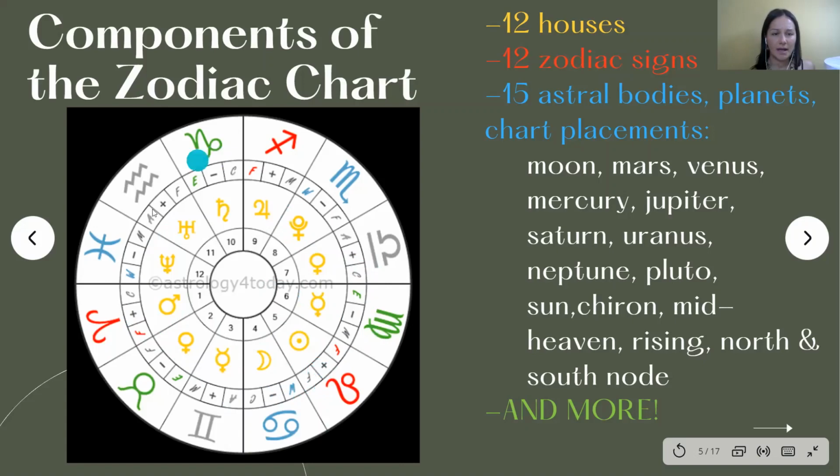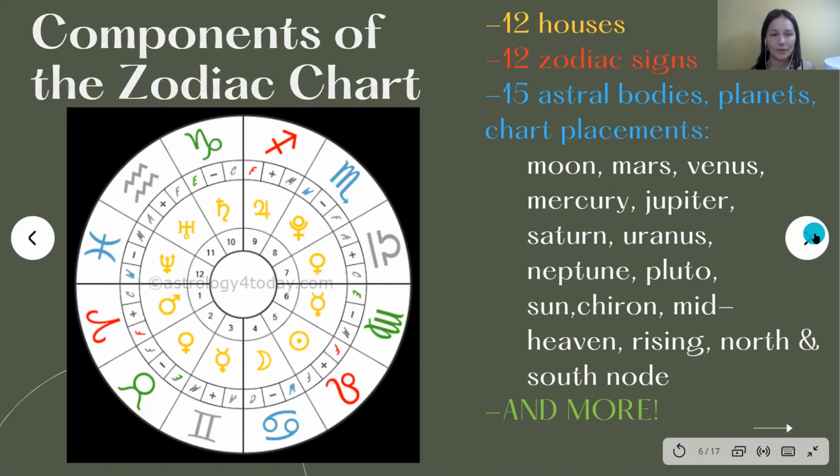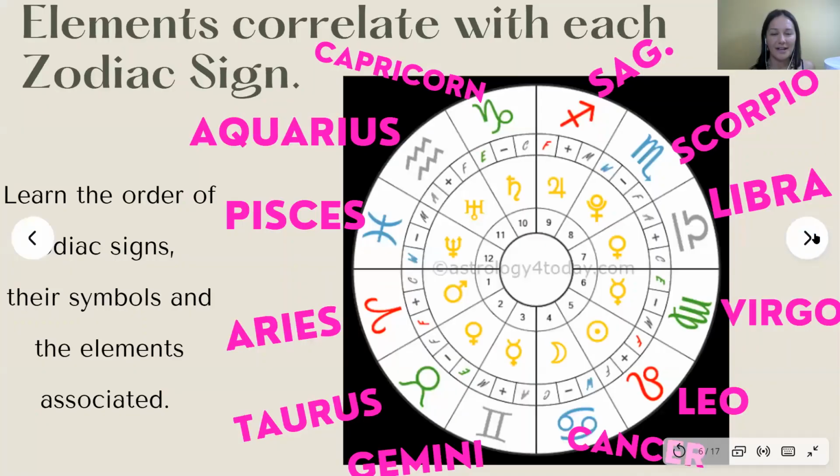And then the colors are actually the elements, which we'll go into later, or maybe next. So I highly recommend you remember these, and that this is a tool for you. I wrote all of the names of the zodiac signs out right next to their symbols so you could memorize them.